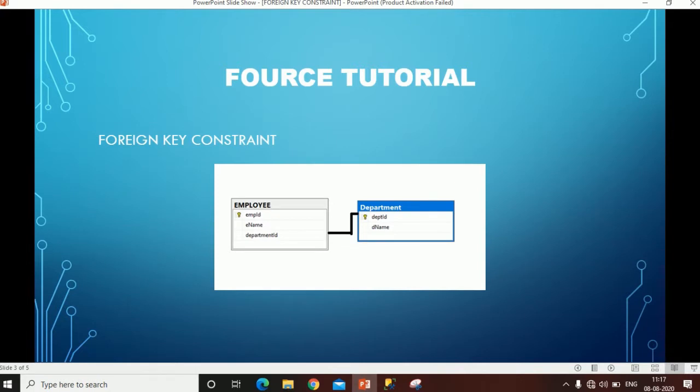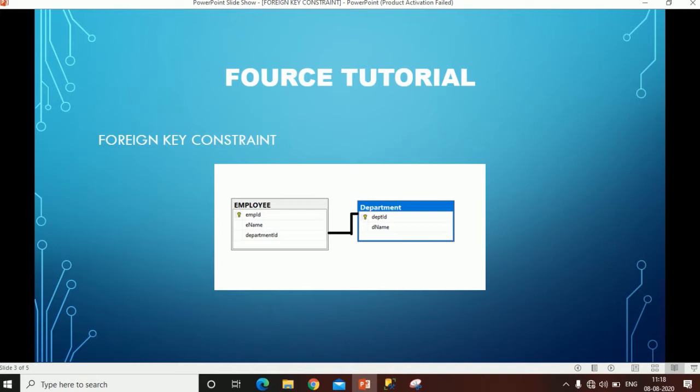We'll see the employee table and the department table. In this example, the department table is the primary key table and the employee table is the child table. Now, every employee works for a certain department. So, the department ID of the department table comes as a foreign key in the employee table. As you can see, there is a link between the employee table and the department table through the department ID. So you can say the employee table and department table are linked via department ID. In this way a foreign key constraint works.